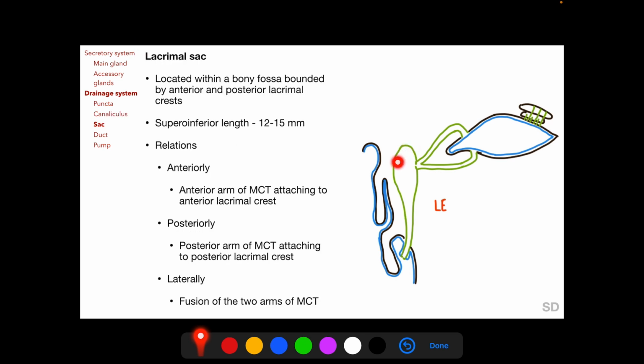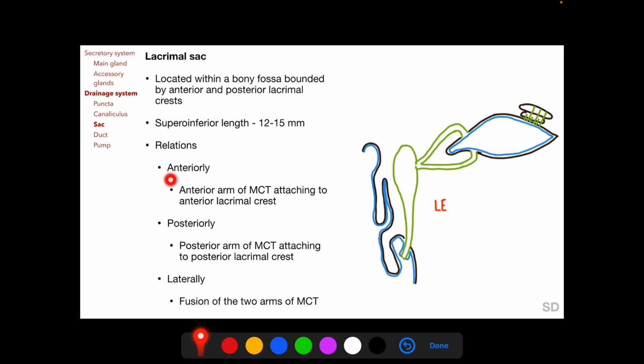Coming to the lacrimal sac, the lacrimal sac is located within a bony fossa called the lacrimal fossa on the medial orbital wall, bounded anteriorly by the anterior lacrimal crest and posteriorly by the posterior lacrimal crest. We have discussed this anatomy when we discussed the anatomy of the medial orbital wall in the session on anatomy of the orbit. The supero-inferior length of the lacrimal sac is said to be 12 to 15 mm on average,